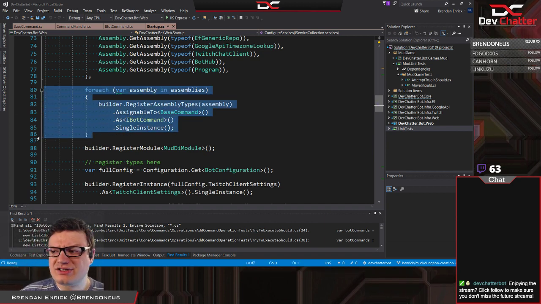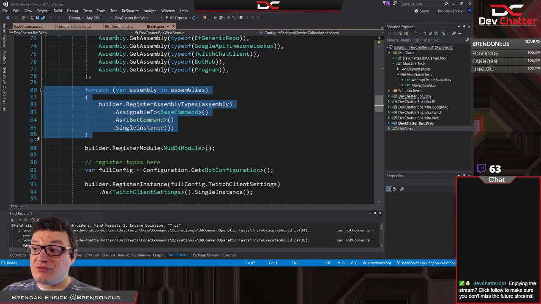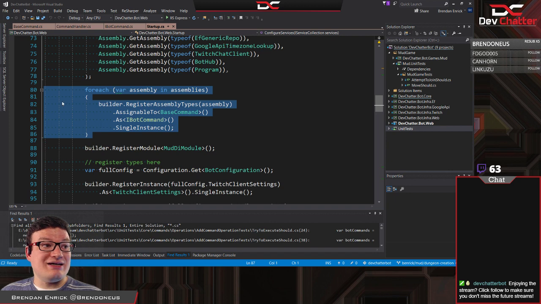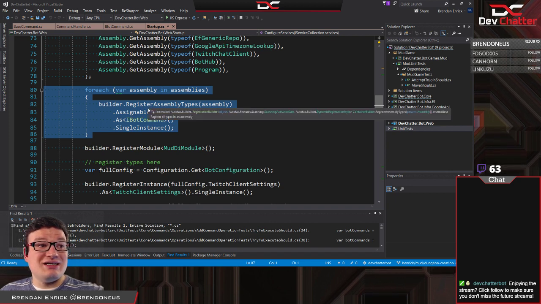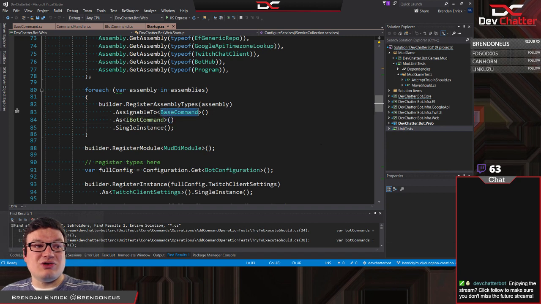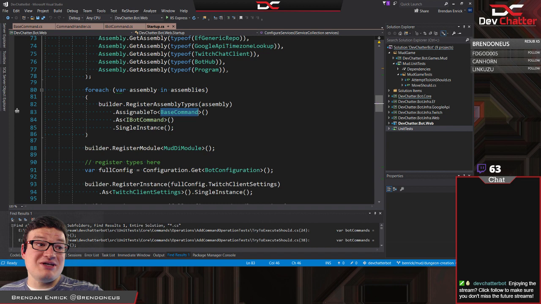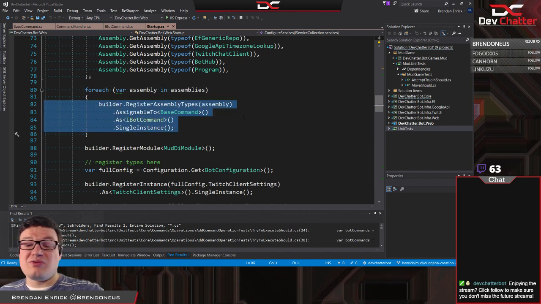When the bot starts up, I go and grab all the running assemblies, and then I'm saying, if any bot commands exist, so any command in this system implementing this, I'm going to grab it and say, go ahead and create one of those.